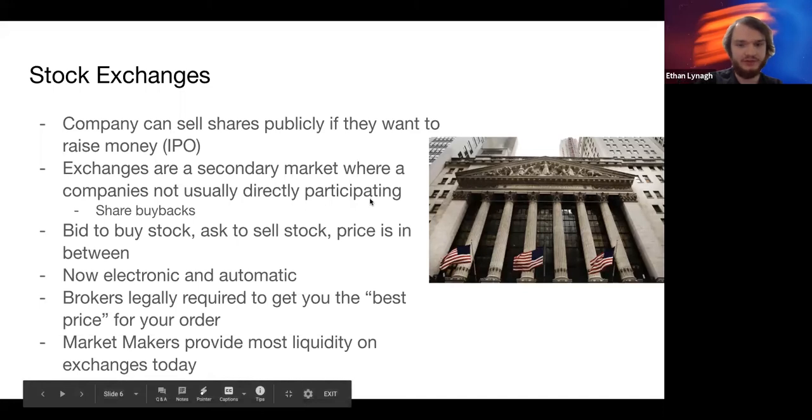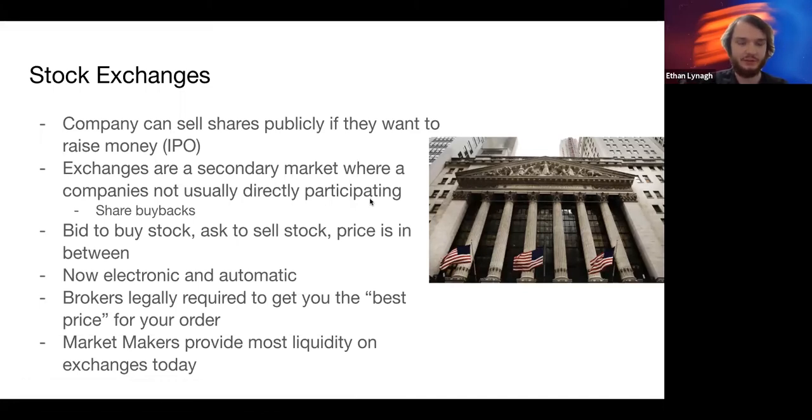However, these brokers, which interact with the stock exchange, so Robinhood, TD Ameritrade, Fidelity, are pretty much the people you go to if you want to buy a public company stock, if you're not a big financial institution and can't directly deal with the company or deal directly with the exchanges. You'll go to them to buy and sell your stock. And then the SEC requires these people to get the best price for your order.